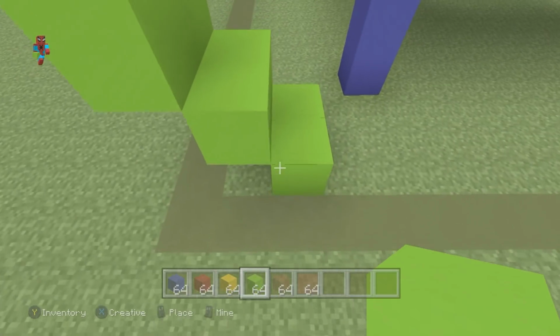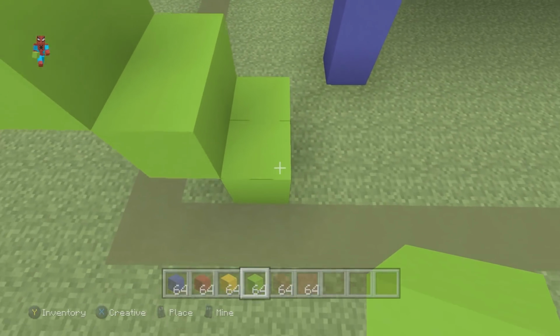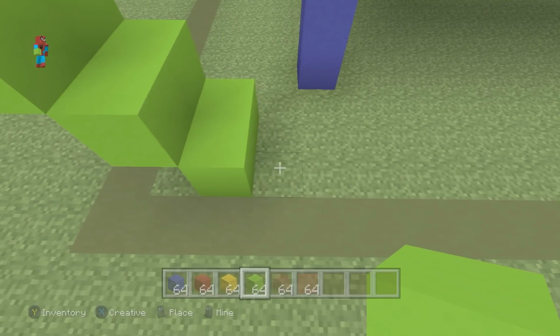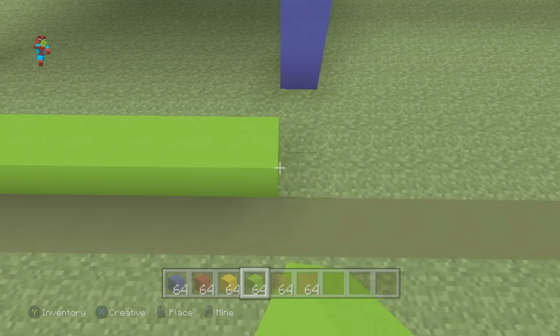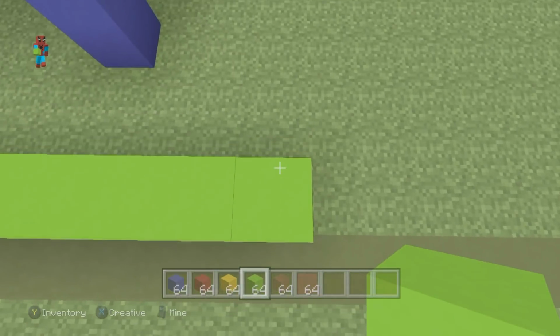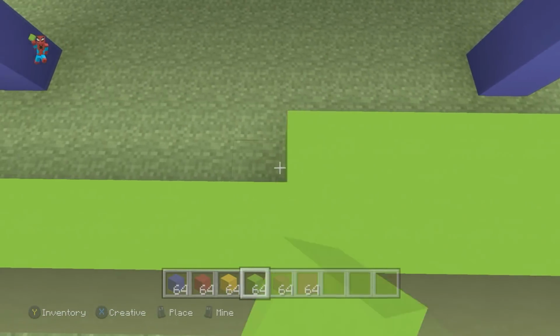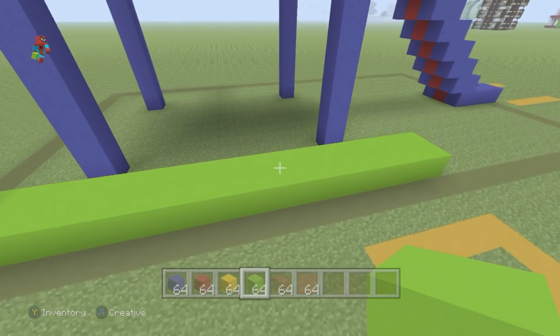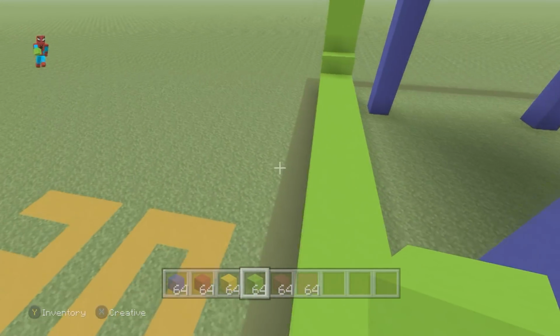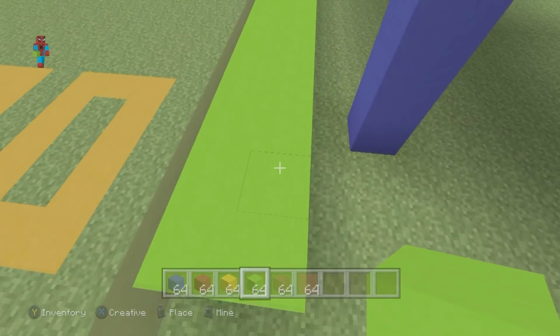We then want to take this row that hits the floor and extend it forwards by 15. 1, 2, 3, 4, 5, 6, 7, 8, 9, 10, 11, 12, 13, 14, 15. And of course, we want the other row to equal it, just like this. Perfect. So once you've done that, we're then going to take the last 2 blocks in this row, and we're